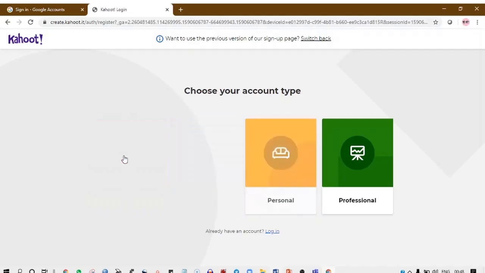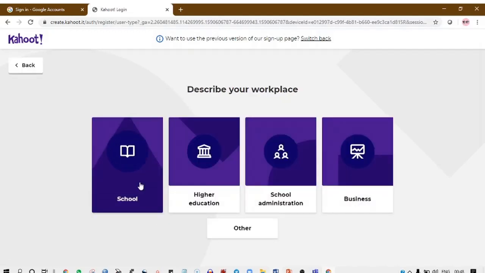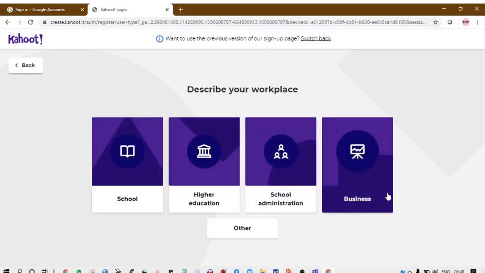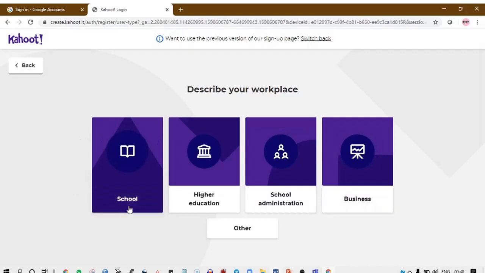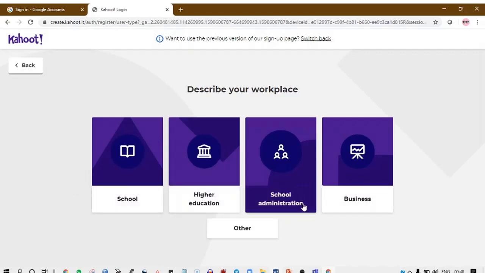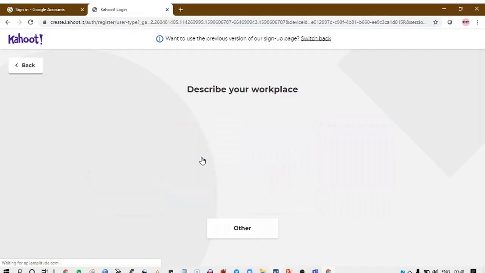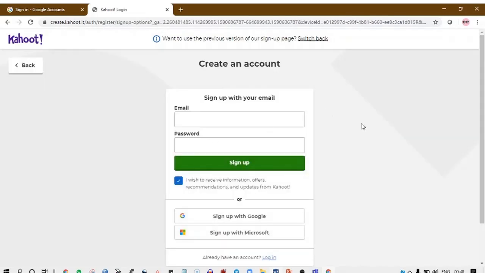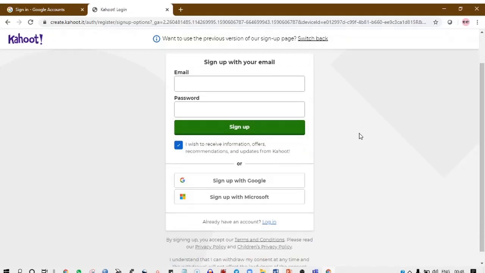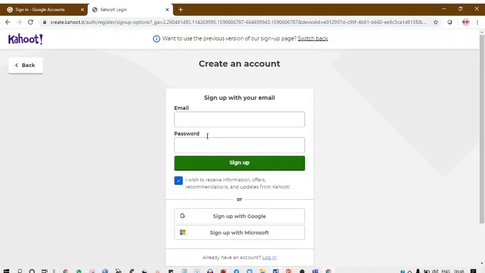Suppose we click here, then it will ask you the level or workplace: school, higher education, school administration, business, or other. So you can click according to your type of workplace. Then you can sign up with your email ID directly.